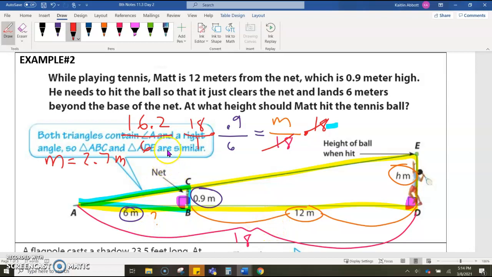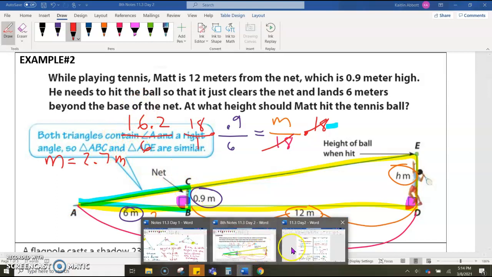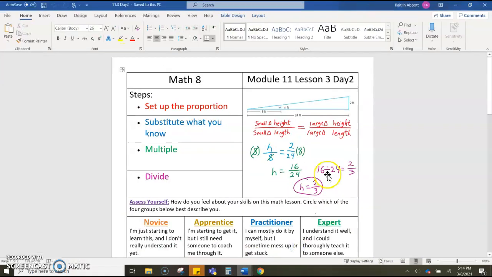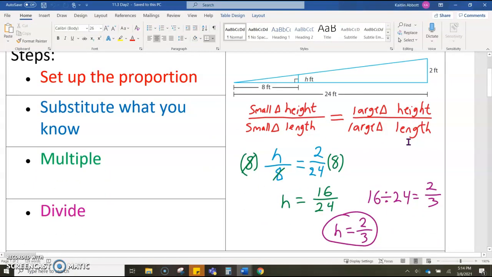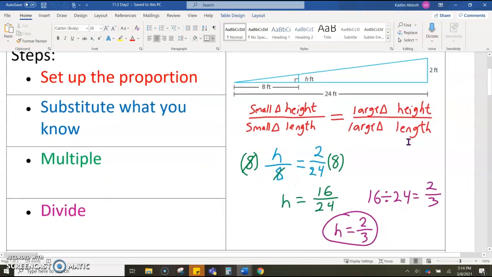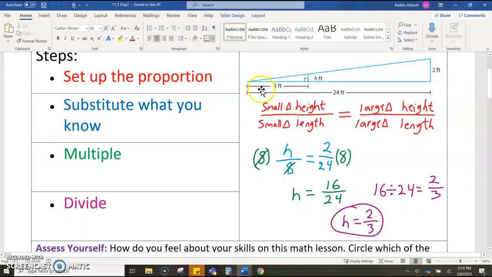So that is that. It looks like on your homework you're able to leave them as a fraction, just like here. So here's another example. These are on your homework, by the way. There's always an example written on your homework. So you take the small triangle height over the small triangle length. So in this case, the height of the baby triangle is h and the length is 8. So it's h over 8 equals 2 over